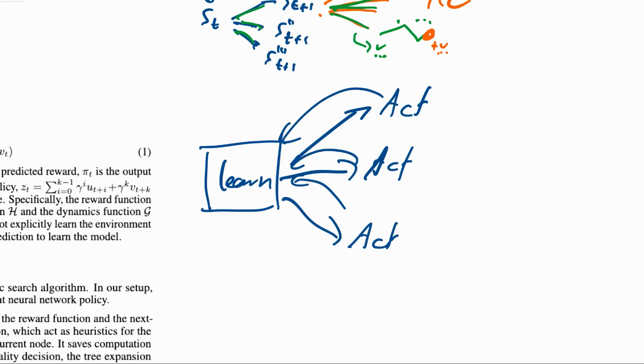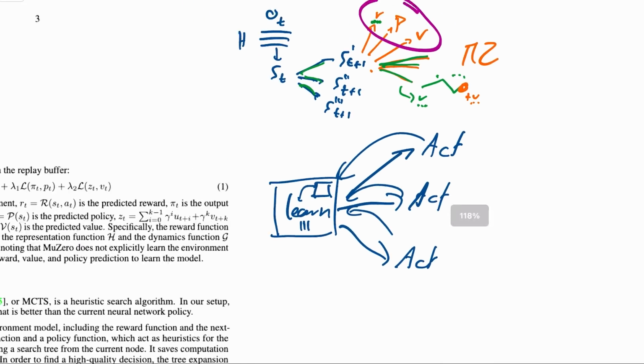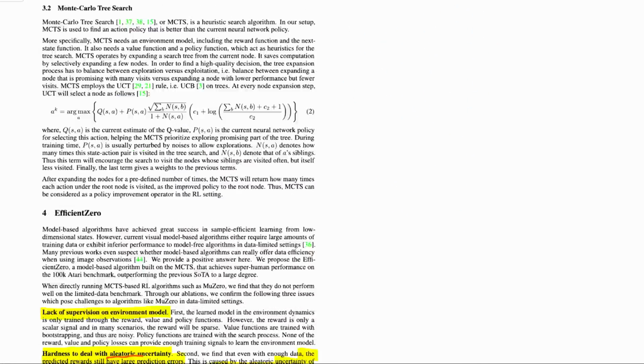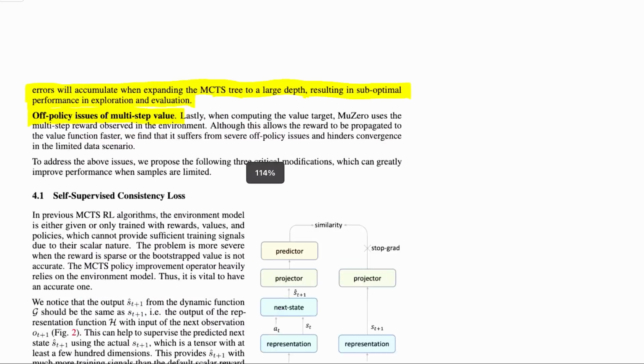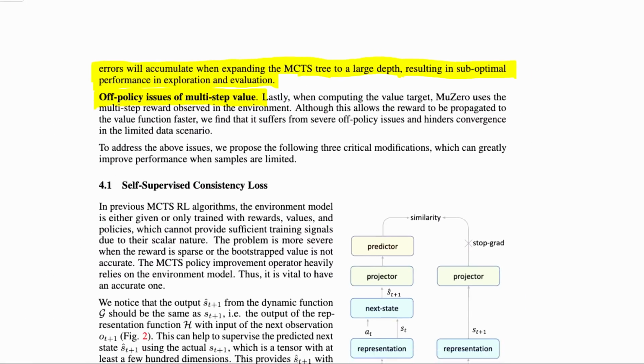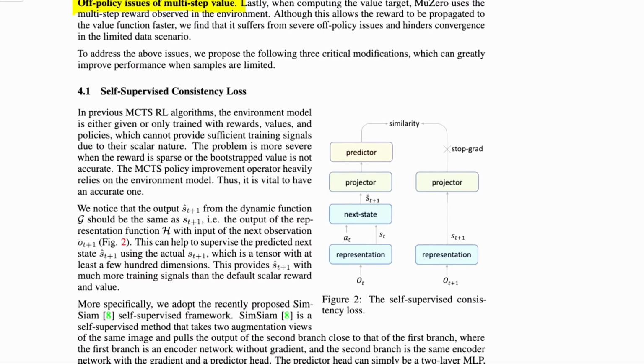There's usually a replay buffer right here somewhere. And that means just that the neural network that is here at the learner is not the same that generated the data, because the data is kind of old. And until you use the data to practice, the neural network will have already learned from other data, and therefore you get an off-policy issue, even though it's an on-policy algorithm. Now, MuZero does a little bit to correct this, but they say this has to be done more.